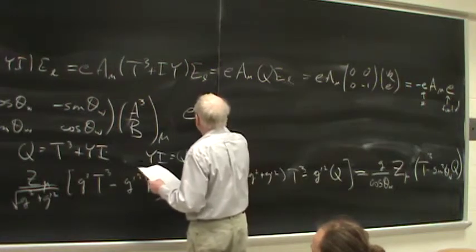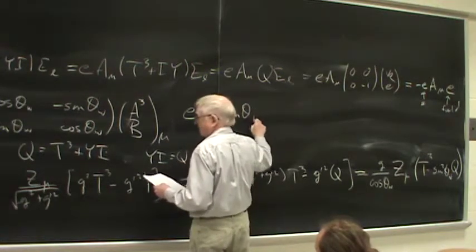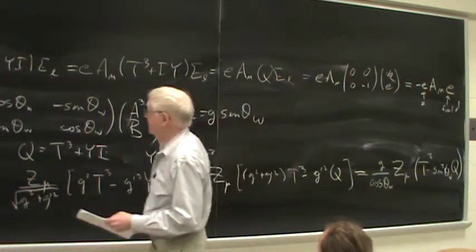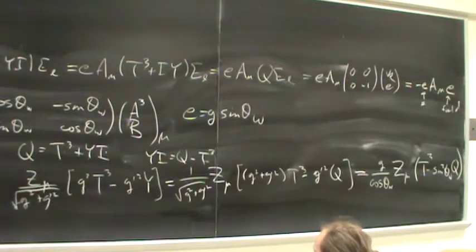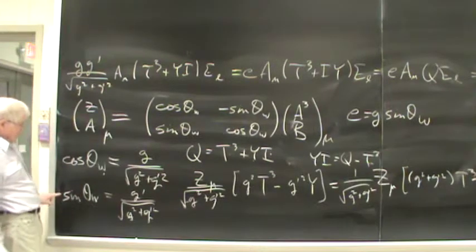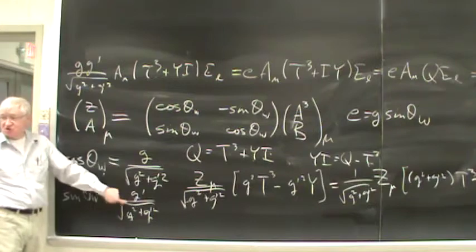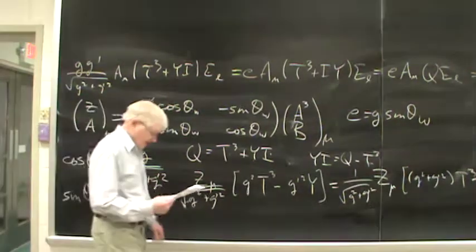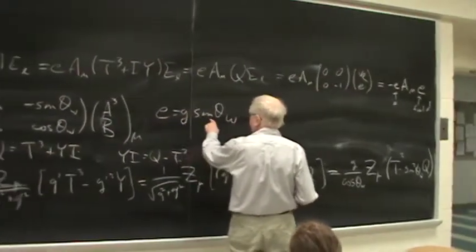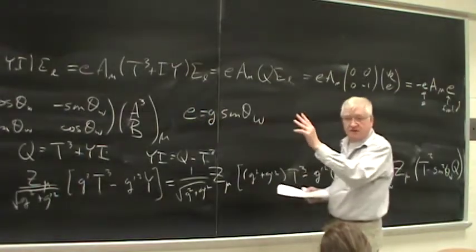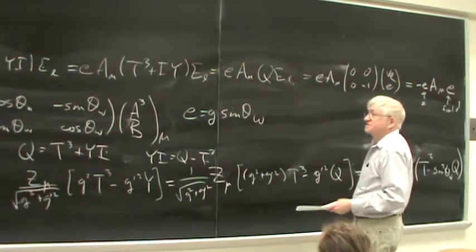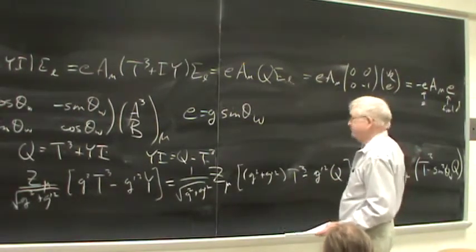All right. Anyway, E, it turns out, is g sine theta W. You can see that from here. g g prime over the square root is what we call E. So g sine theta W is g g prime over the square root. And so that means that g sine theta W is E. All right. And we've already done the coupling to the photon. So finally, the covariant derivative